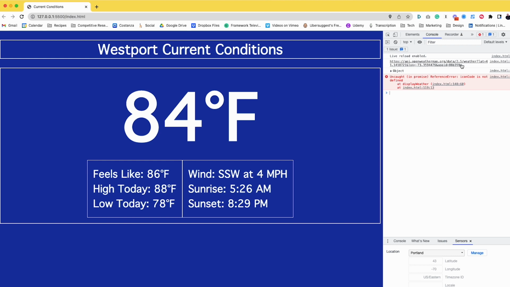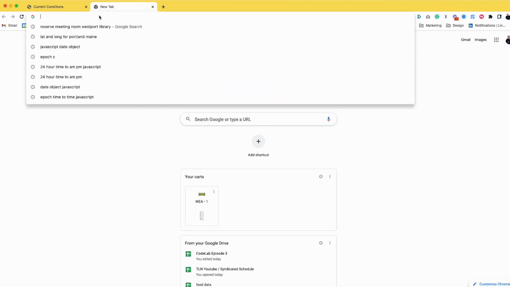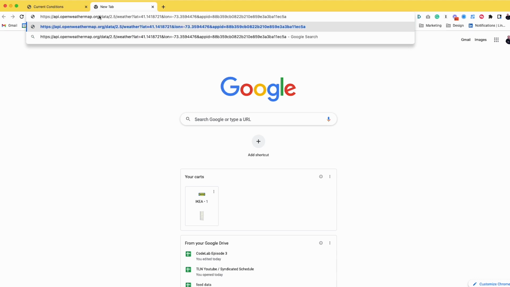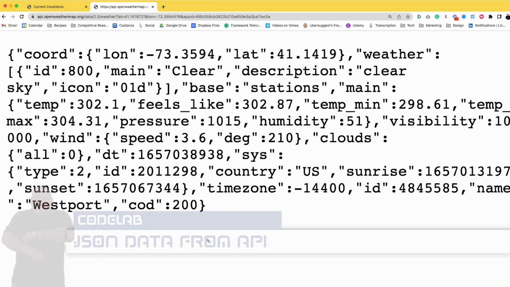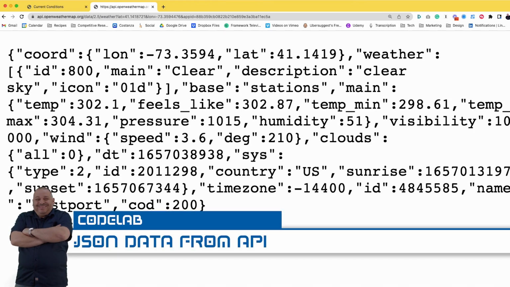So I'm going to go ahead and copy that URL right here with copy link address. I'm going to open a new tab, and I'm just going to paste that URL that we created. You can see in there the latitude, the longitude, and our app ID. And if I send that directly through our browser, you'll notice that this data comes back. Let's make that a little bigger. And if you look carefully, you can see what looks like a weather report in there. There's temperature, the feels like temperature, the temperature minimum, temperature maximum, the pressure, the humidity.